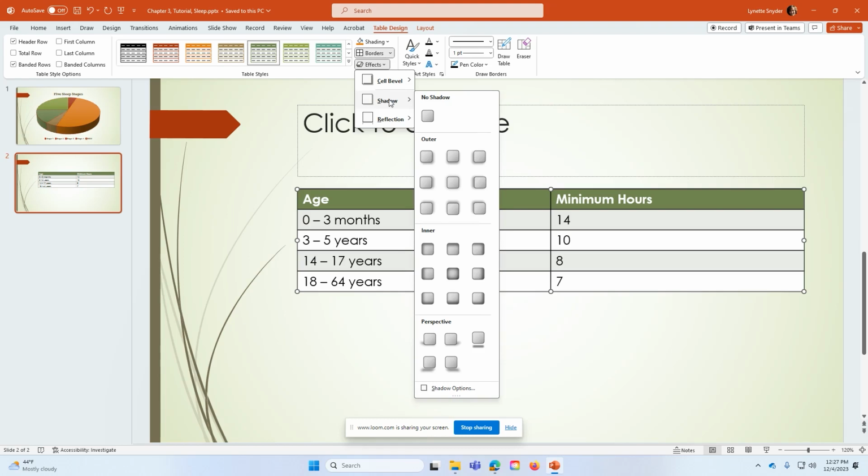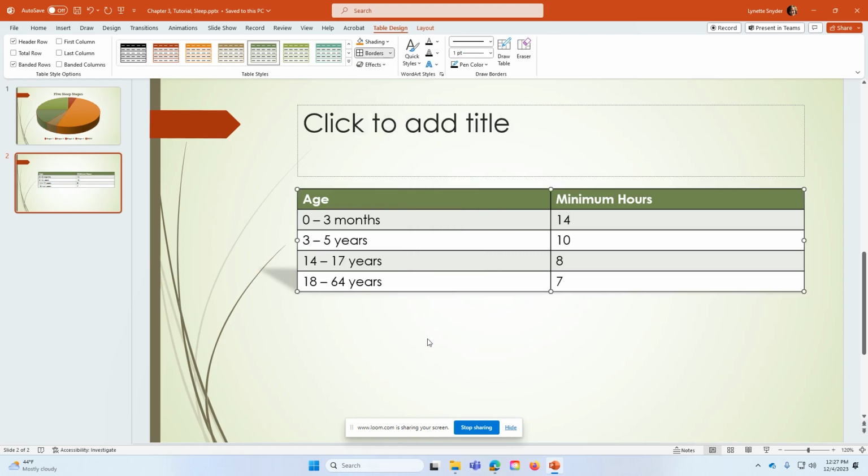We've got no shadow, outer, inner, and perspective. We are going to choose perspective upper left. So go down to the perspective section. And the very first example here is perspective upper left. And you're going to see that little shadow pop up on the screen. This is kind of a nice design feature to add some interest, texture,